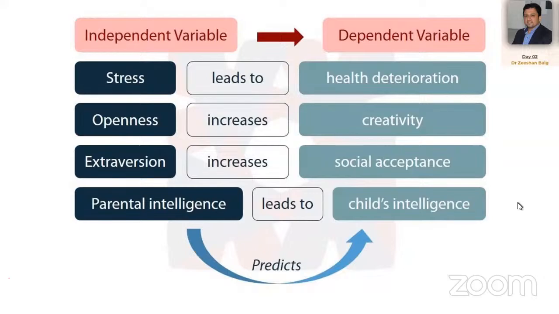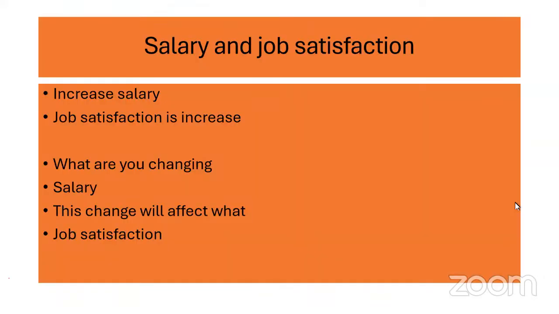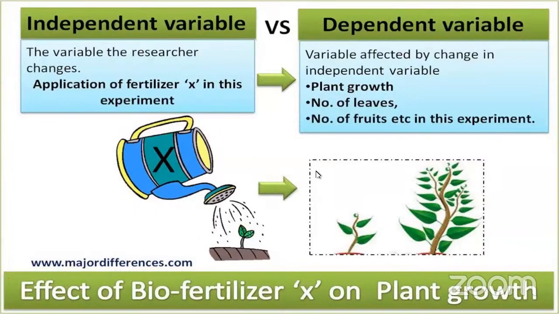डिपेंडेंट एंड इंडिपेंडेंट वेरिएबल हैं जो किसी रिसर्च में जानने के लिए बहुत इंपॉर्टेंट हैं। सैलरी एंड जॉब सेटिस्फेक्शन हम बात कर चुके हैं। सैलरी इंक्रीज करें, जॉब सेटिस्फेक्शन इंक्रीज होती है या फिर भी नहीं होती? मे बी हम इंक्रीज करके देख लेते हैं। व्हाट आर यू चेंजिंग? सैलरी। द चेंज विल अफेक्ट व्हाट? जॉब सेटिस्फेक्शन। वही फादर की पॉकेट मनी देने वाली मिसाल।